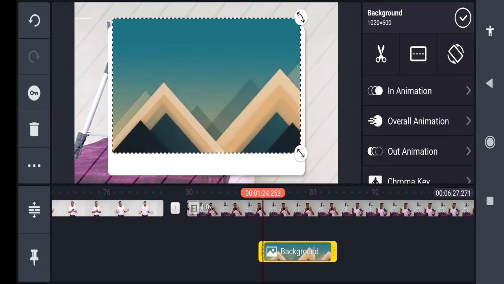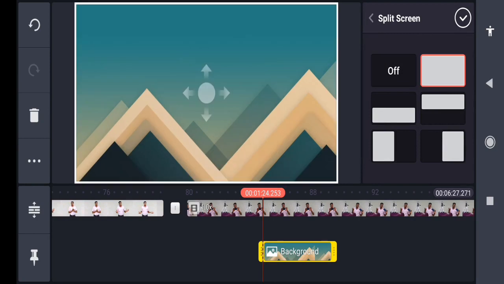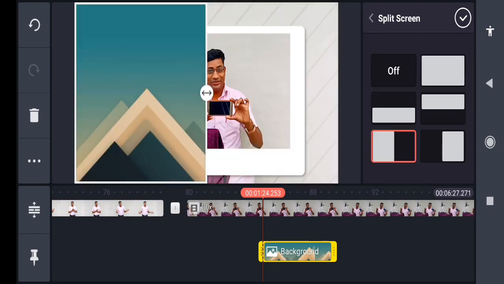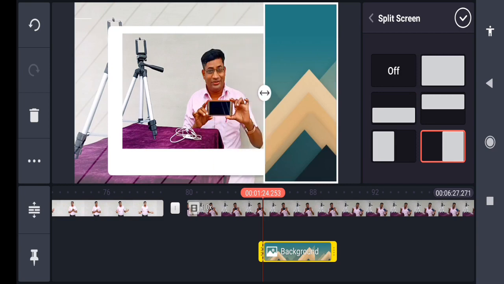Okay, dear friends. So now the interesting thing is that, after the scissor, there is one option. Click on that. You can make it full screen, or make it the top half, the bottom, left and right. In this way, by tapping it you can adjust the size of it.